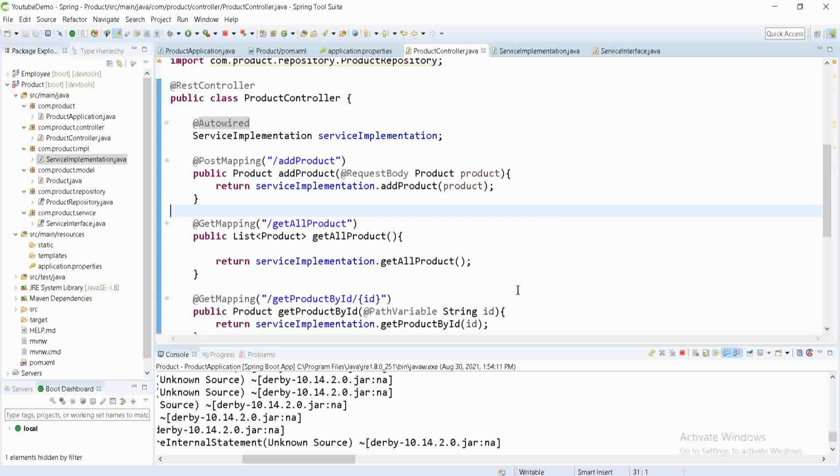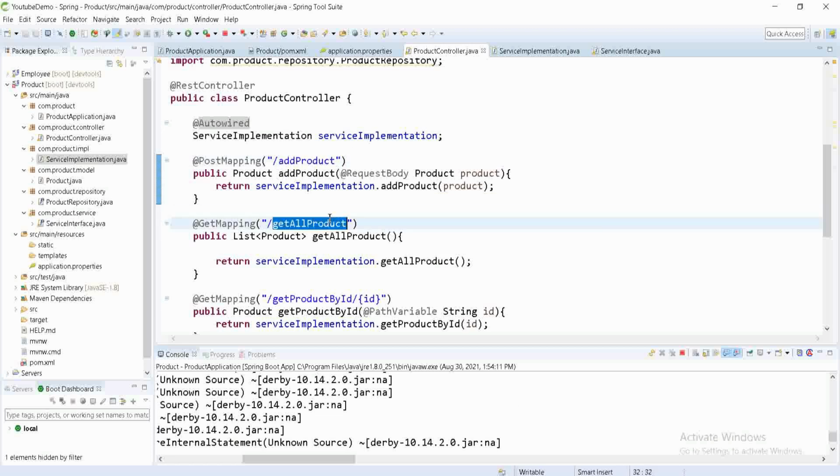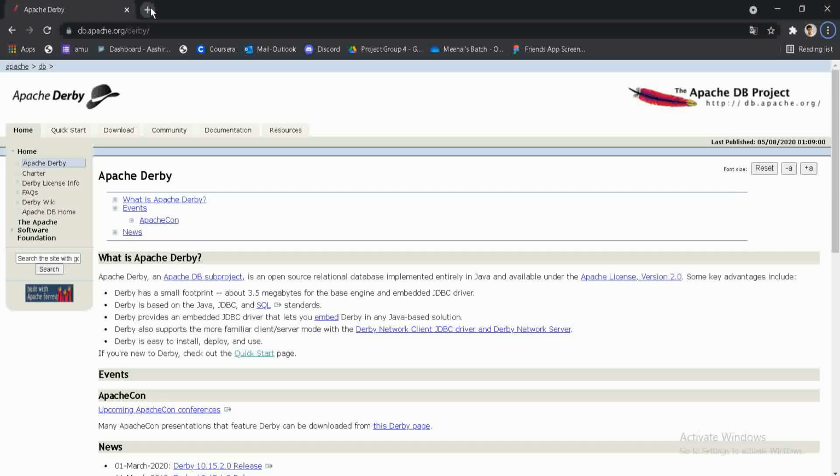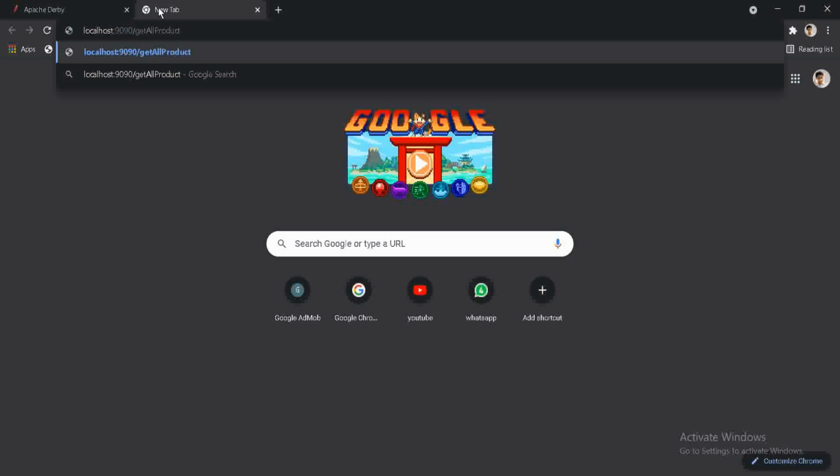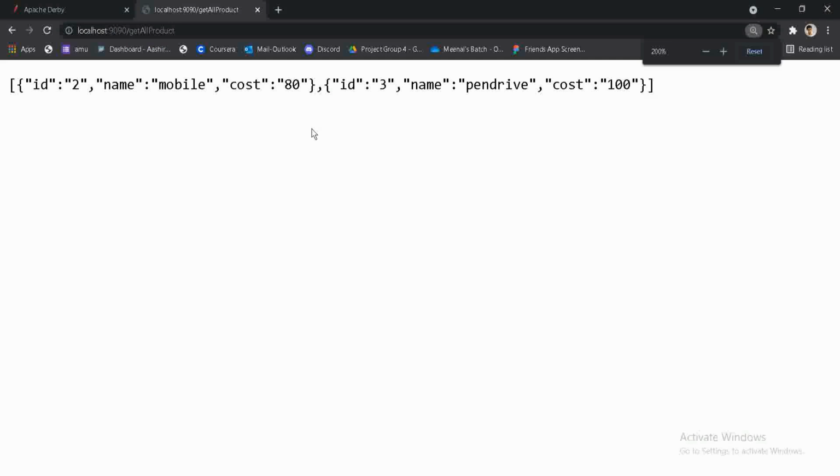In the next video we are going to see how to provide security to this Spring Boot application. Because now if you see, this is get all product, right? And if I call this through my browser, like localhost, port 9090, and get all product, anyone can access our API, right? So there is no security for our REST APIs. So in the next video I will bring a video for API security, and in that we are going to see actuator also, which is one of the most commonly asked interview questions.